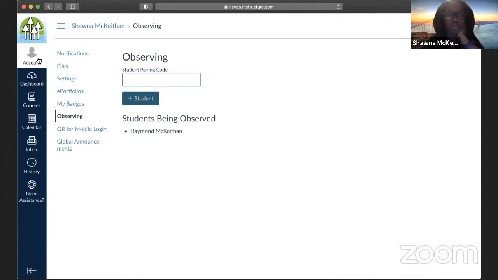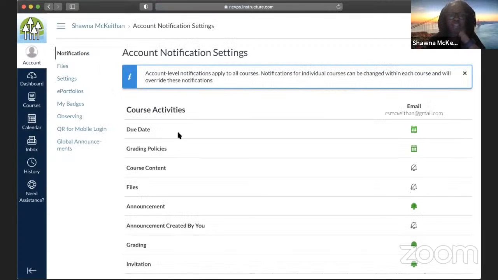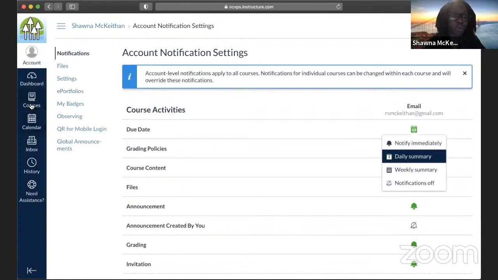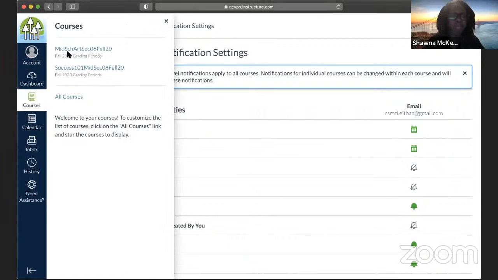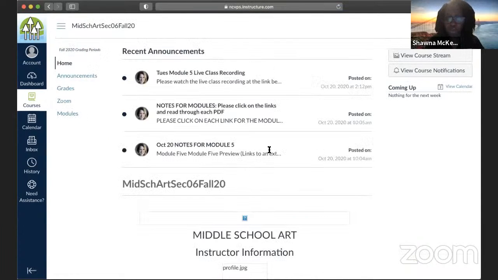So you're going to go to your account and you're going to click on your notifications. And so if you want to be specific as far as what you don't want to receive, then you'll just turn these things off. You click this and then you'll turn notifications off, and you'll do that. And this will be for every class that you have students in. Now, if you know that you're only getting messages from one teacher every 2 seconds, then what you'll do is you'll go to the course. I'm going to click on his course here, and then I'm going to